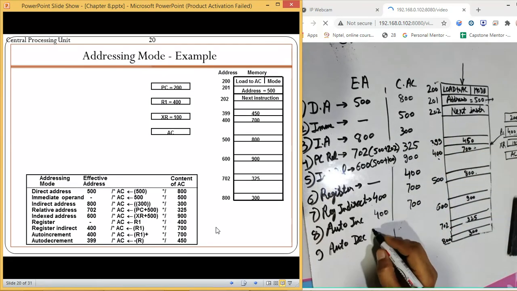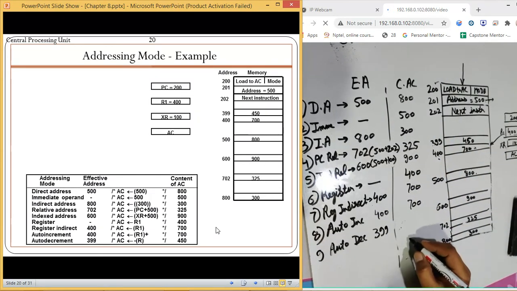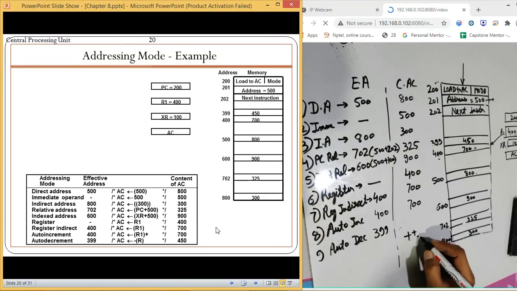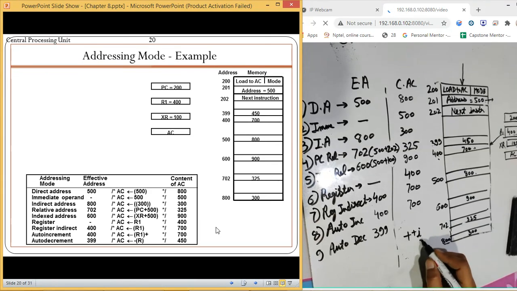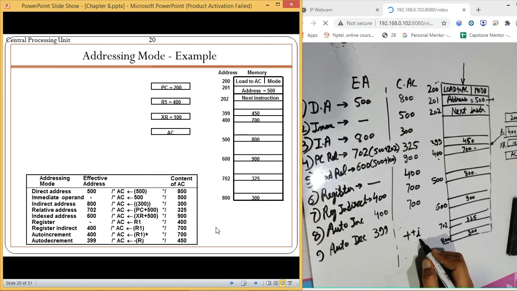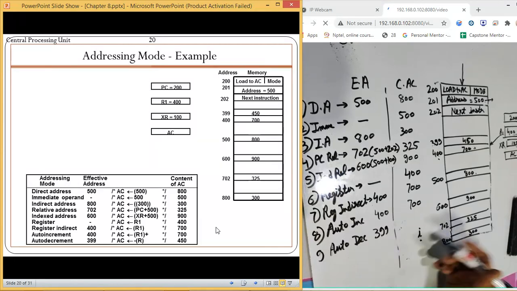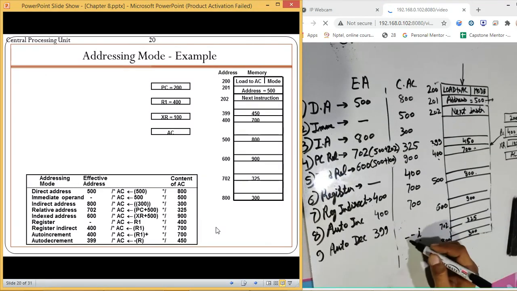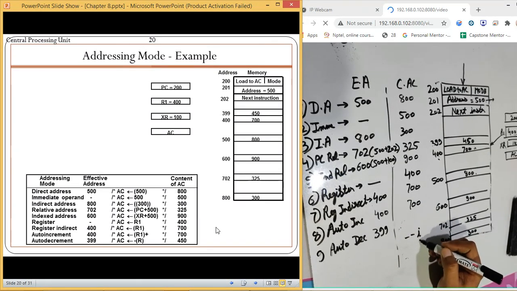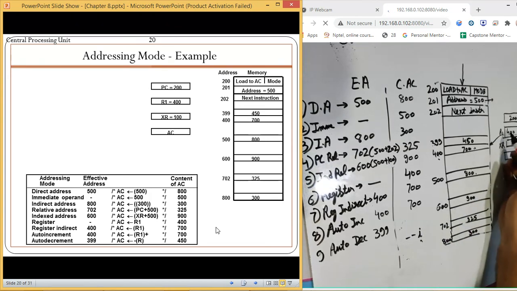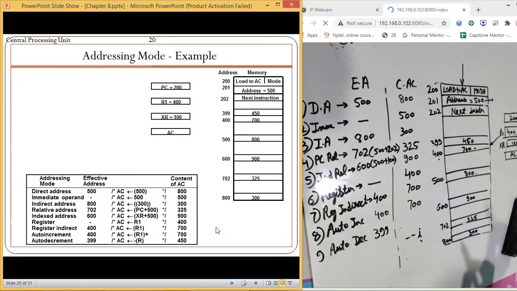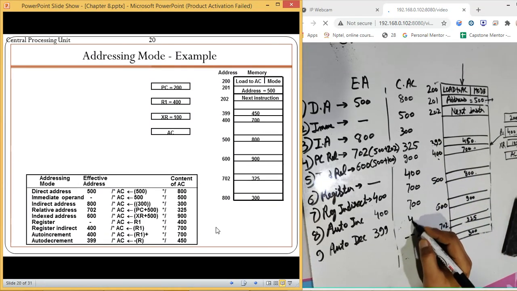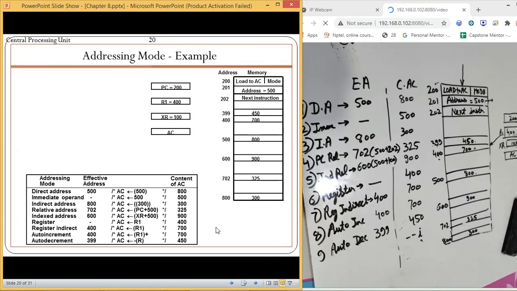So now the value will be 399 because it is something like minus minus i, which means before accessing the value of i, it will be decremented, while with plus plus it is incremented after accessing it. So earlier it was 400, now it is decremented by 1, which comes out to be 399, and the content is 450. So we are going to write that.